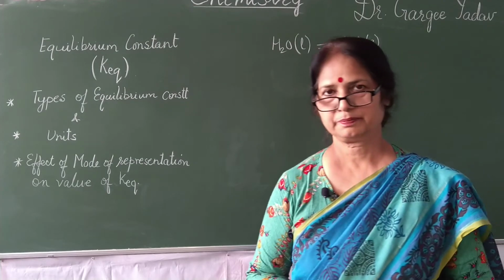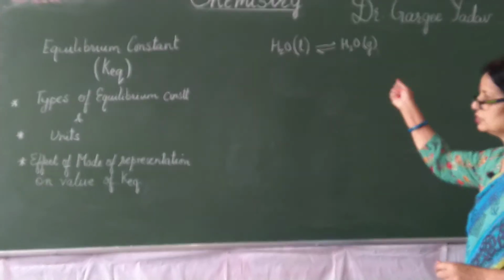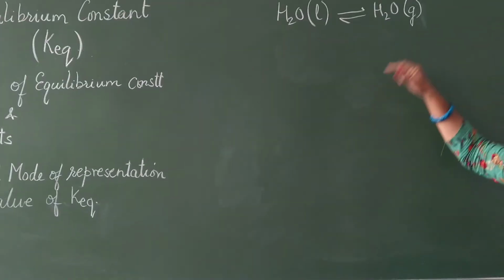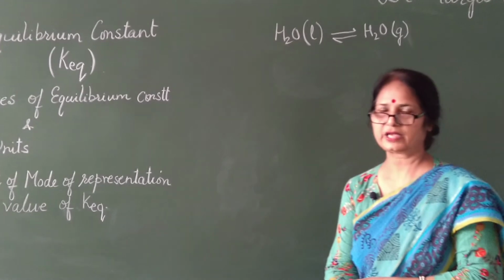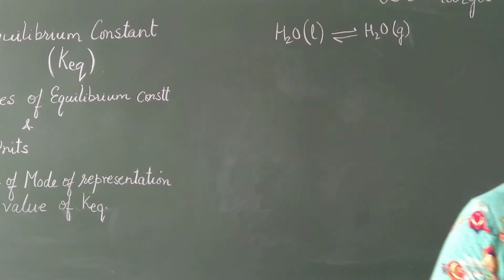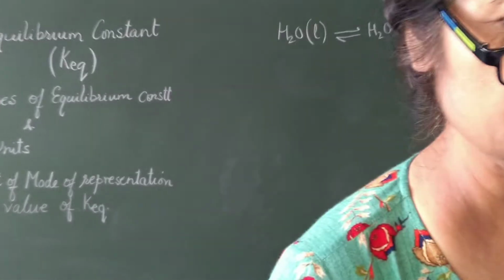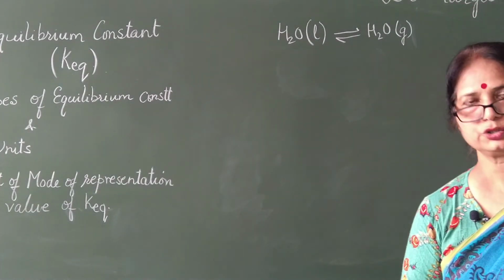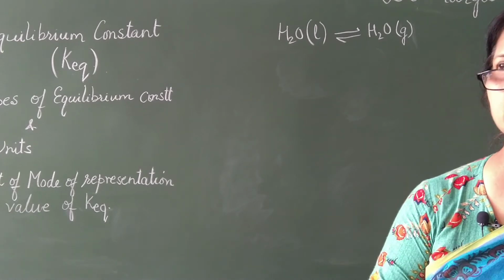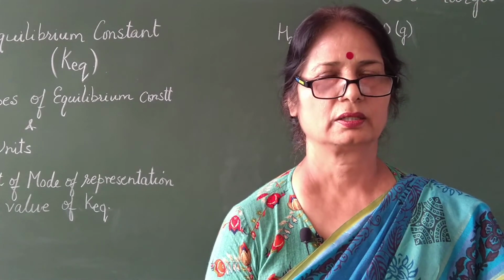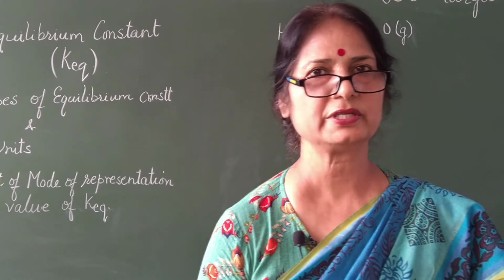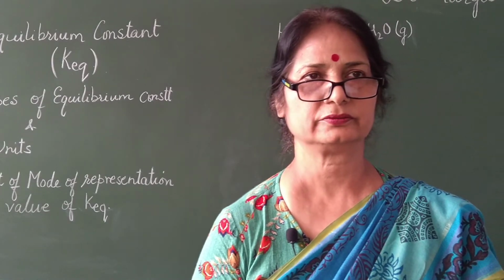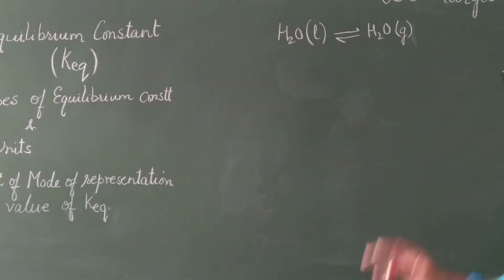Now let's take a simple physical equilibrium, meaning there is a change of state. H2O liquid, meaning water, is in equilibrium with H2O gas, meaning water vapor. So in this case when we have to express Kc, we have to consider the active mass of the liquid here as unity, because whenever we are taking the liquid and the gaseous equilibria into consideration, meaning heterogeneous equilibria in physical equilibria,